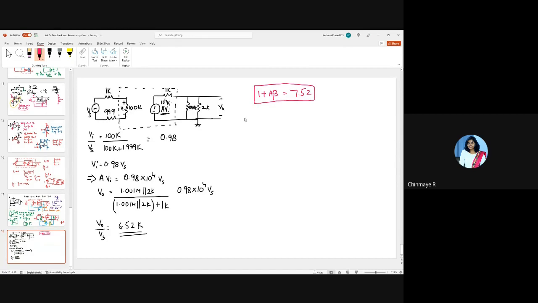Okay, so now let's calculate what AF is. AF is a closed loop parameter, right? AF is nothing but, let me call this AV only. This is also AV, in order to differentiate the two. So AV divided by 1 plus AV into beta. So that will be